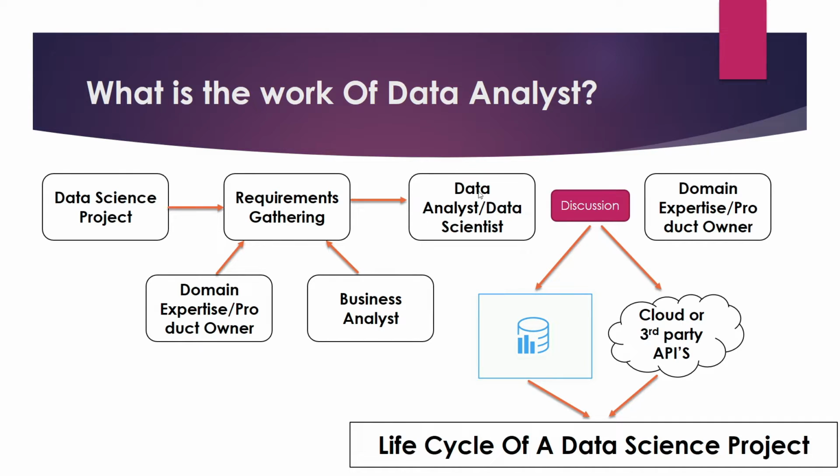Now this is very, very important. Why is the gathered requirement sent to the data analyst or data scientist? Because they are the people who will now decide, for this particular project, from where we should take the entire dataset. Because to implement any data science project, the major important thing is that you need to have a huge amount of data. So the data analyst or data scientist will decide from where we can take this data, and how we take it, whether we should be dependent on third party APIs, or on the company itself.